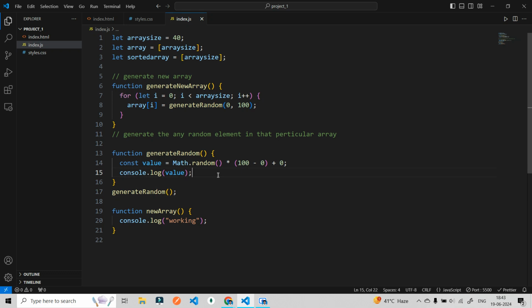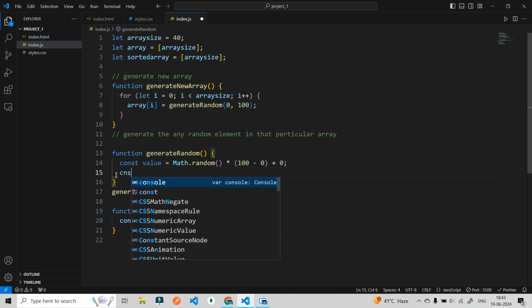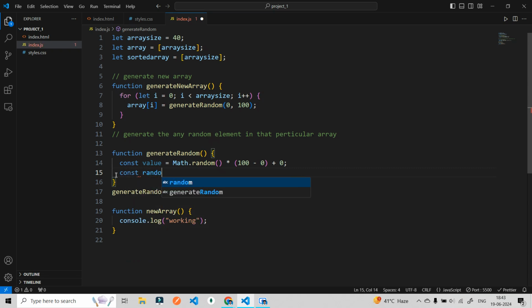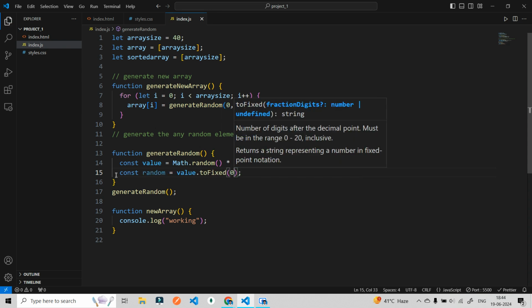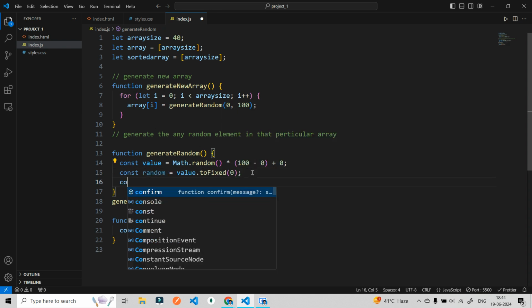So we have already learned how to do that. We will do something like: const random, and then in this random, what we're going to do is random is equal to value dot toFixed, and here we write 0. So if I do the